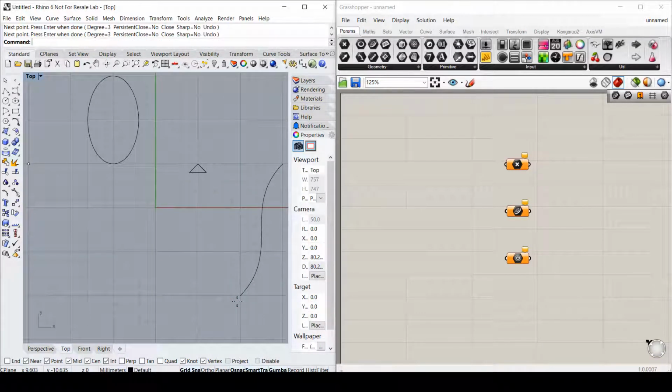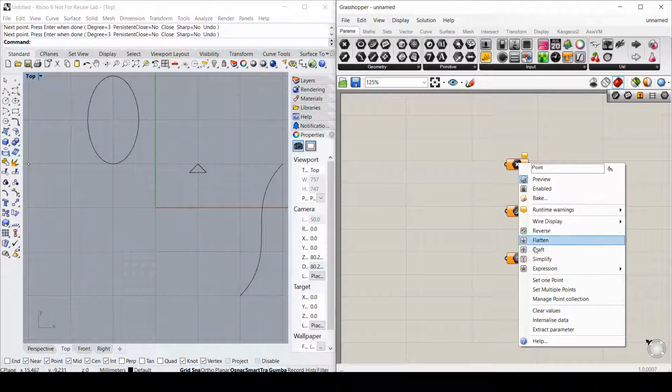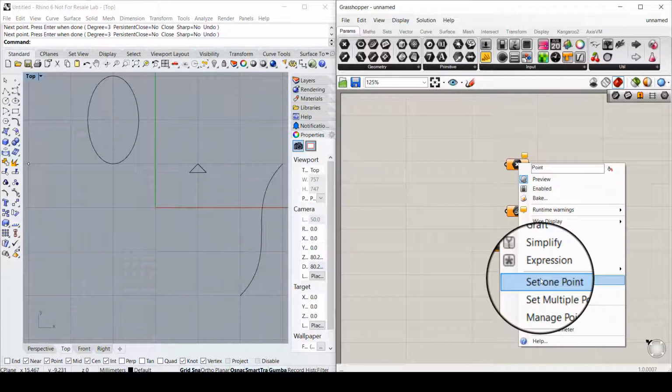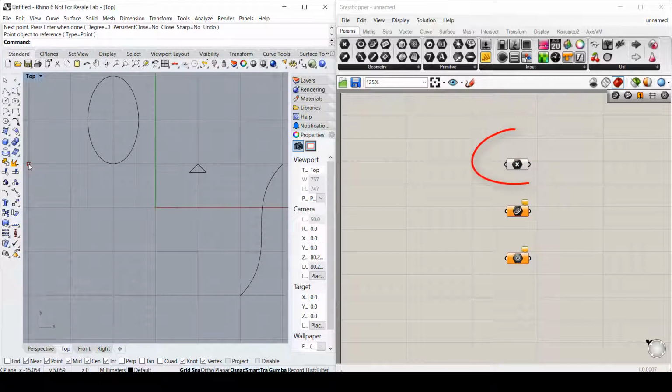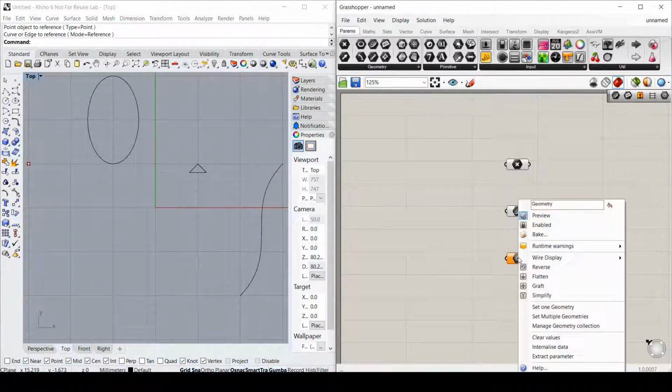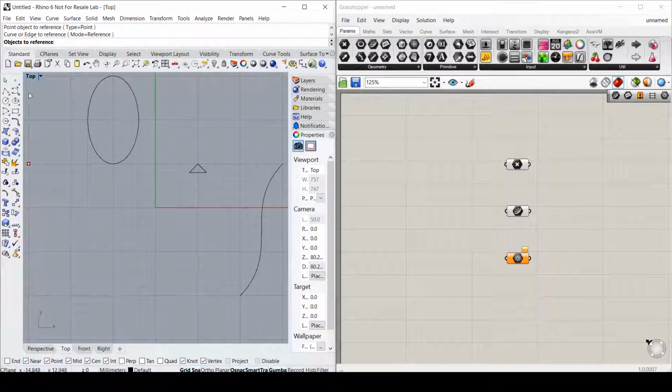Look at the Grasshopper parameters. They have orange color. This means they are empty at the moment. Right-click on the point parameter, choose Select one point, click the point in Rhino. Then the color turns to gray, showing that the parameter contains some data. Let's do the same for the curve parameter. Notice that the geometry parameter can store many data types,